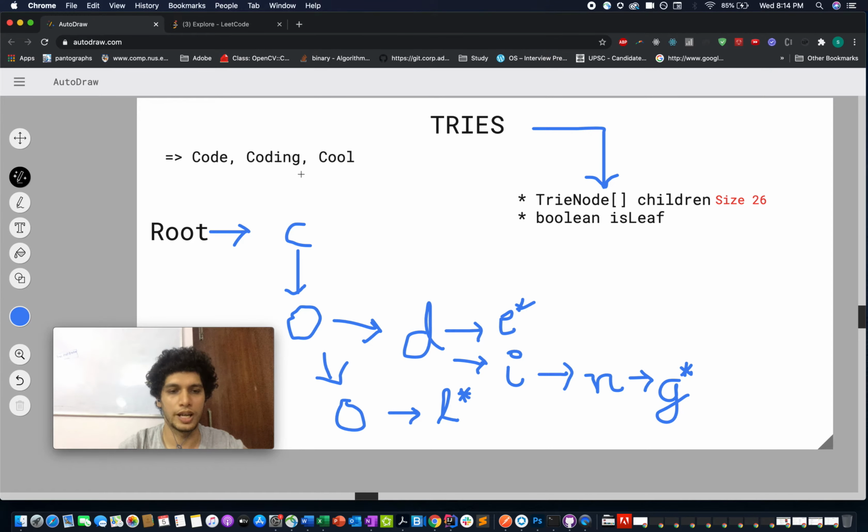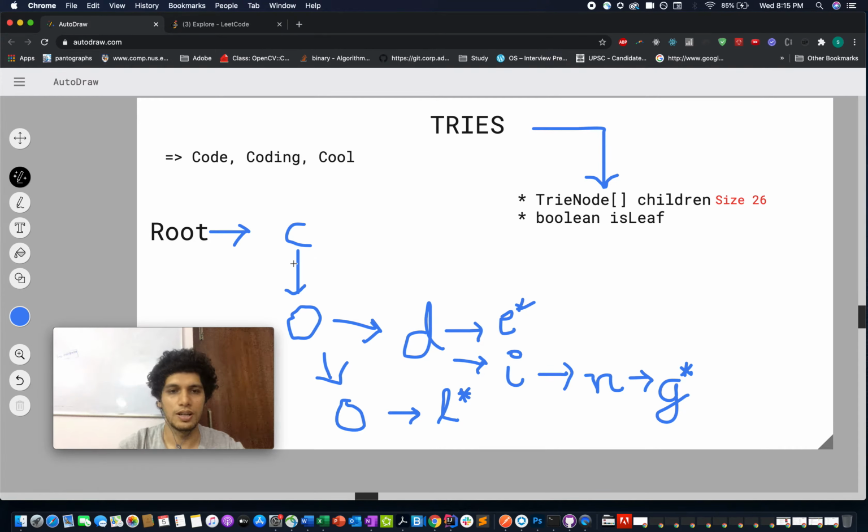When it comes to coding, you receive the second word, coding. You reused the previous three characters from the trie that you built previously. So C already existed, you used it. O already existed, you used it. D already existed, you used it. Then you saw that the I index is empty. You created a new trie node and added it at its respective index. Similarly, you did it for N and G, and you updated isLeaf to be true at the G node.